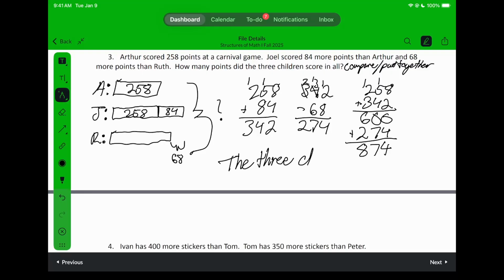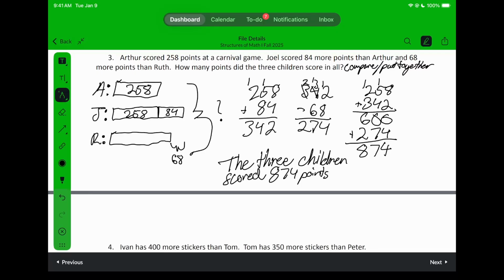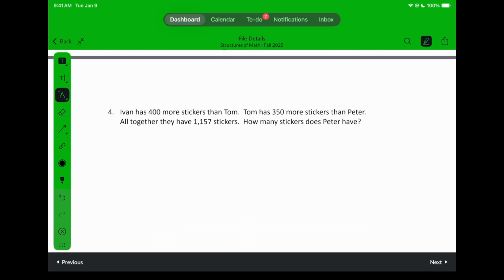And now we can say the three children scored 874 points in all. And then finally,